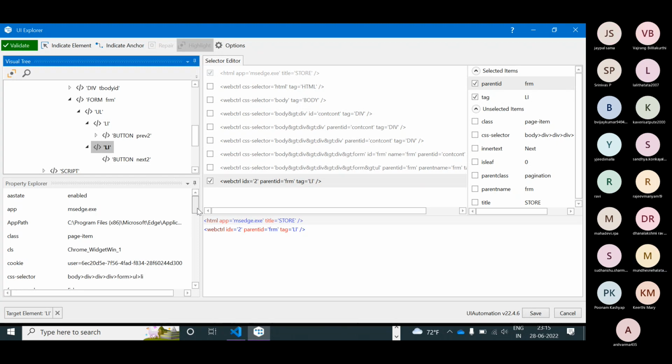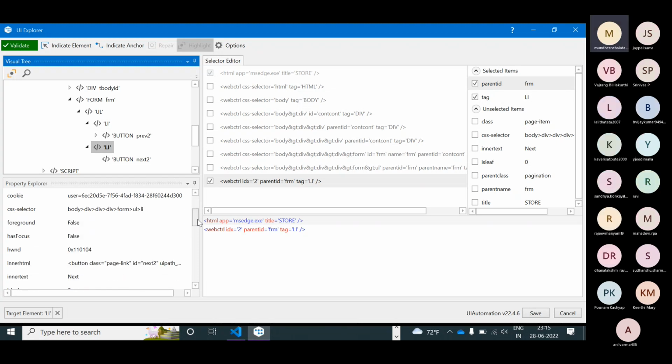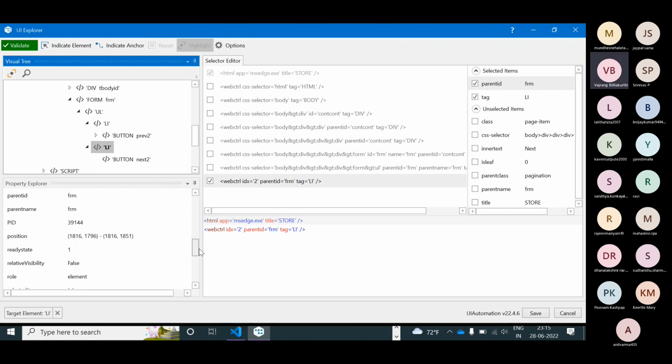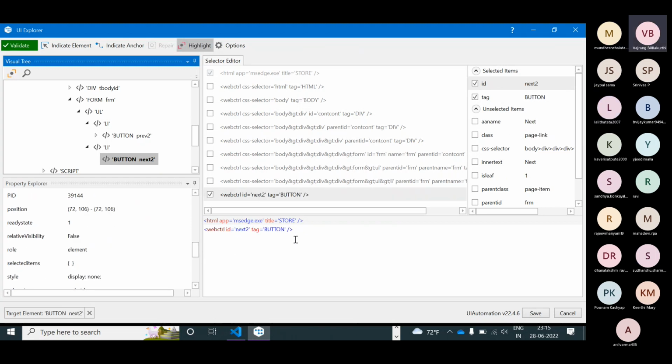If we add properties like text, inner text, name, it will still be true. So which property do you need from here? If I add an attribute name and it is not available, it will still give true, because the element is available but it is hidden.